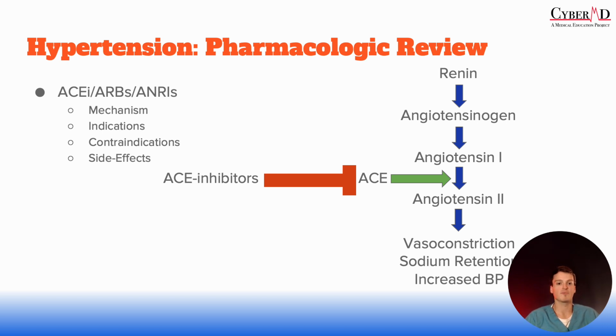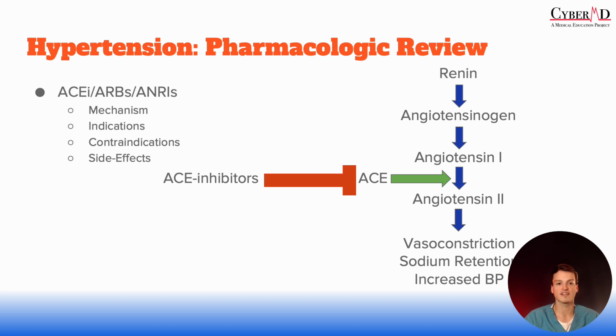Angiotensin receptor neprilysin inhibitors, or the ARNIs, are going to be a combination of an ARB, angiotensin receptor blocker, and a neprilysin inhibitor. Neprilysin is an enzyme that degrades natriuretic peptides, bradykinin, and adrenomedullin. Inhibition of neprilysin increases the levels of those peptides, enhancing their beneficial effects on the heart and blood vessels and giving you some vasodilation. So indications for these medications would include hypertension, heart failure with reduced ejection fraction, and they're